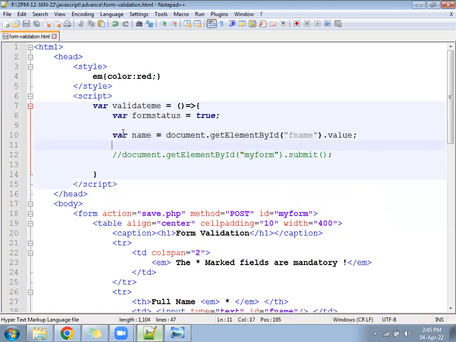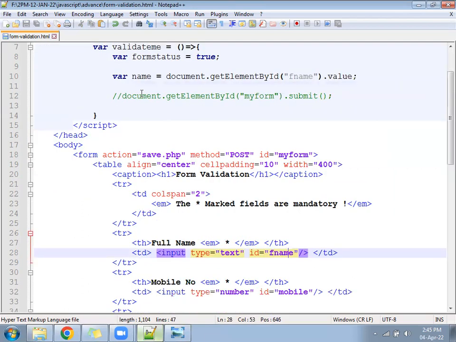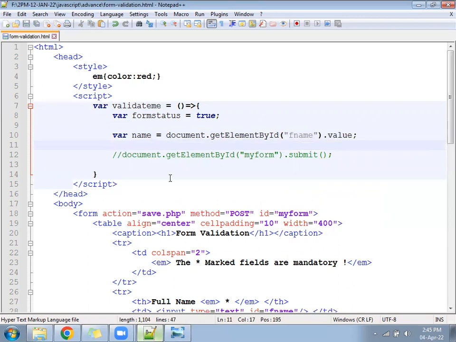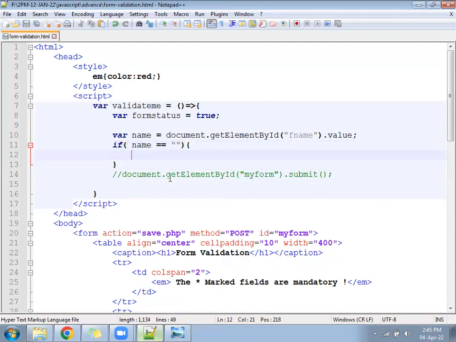So it's document.getElementById, which ID? fname.value. So take the value of the text box. Their ID is what? fname. After that, check if fname is correct. Check now: name double equal to empty. If the name variable is empty, then alert error, else